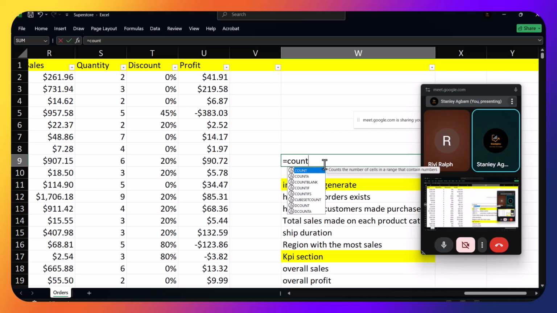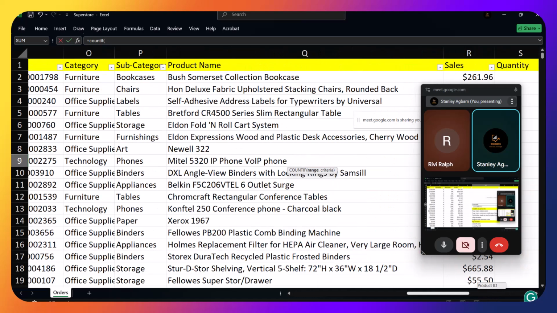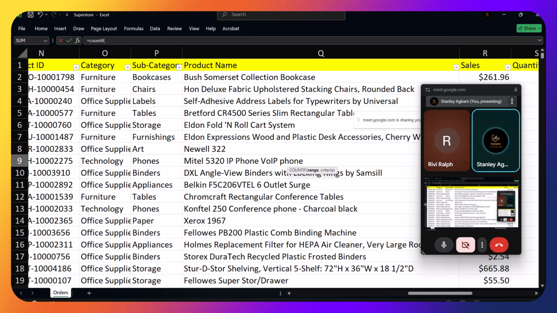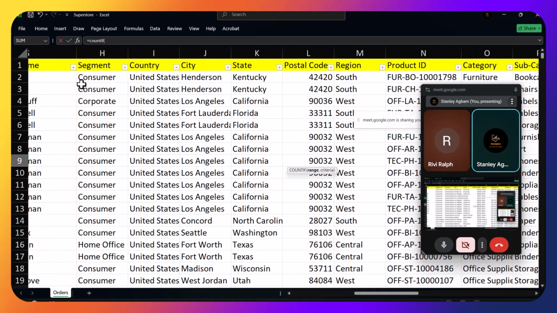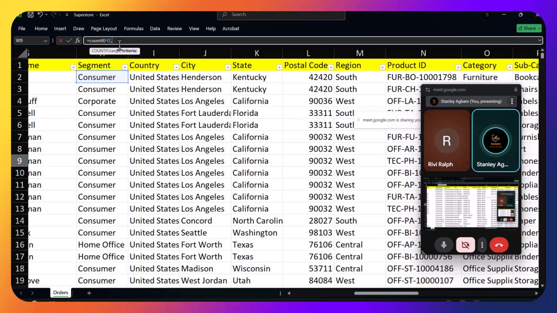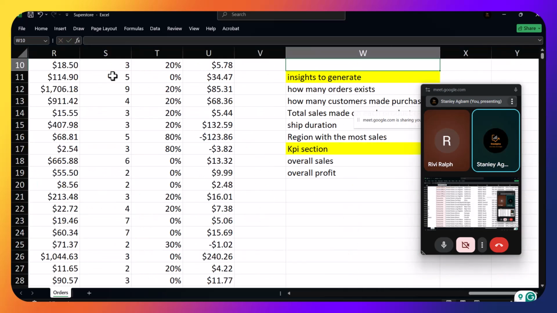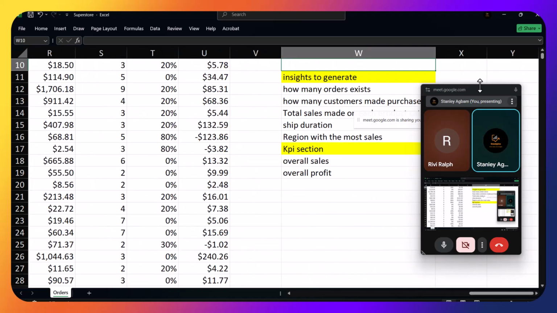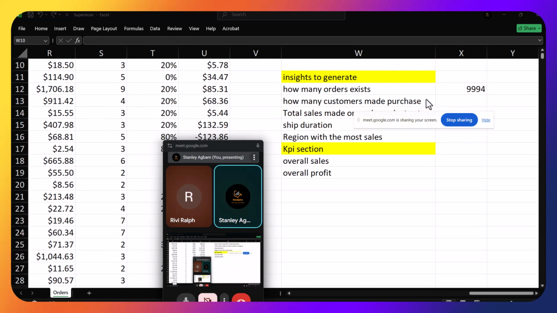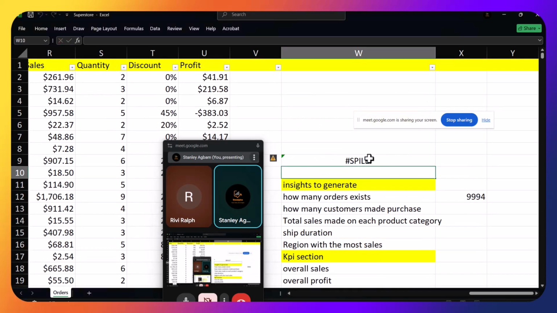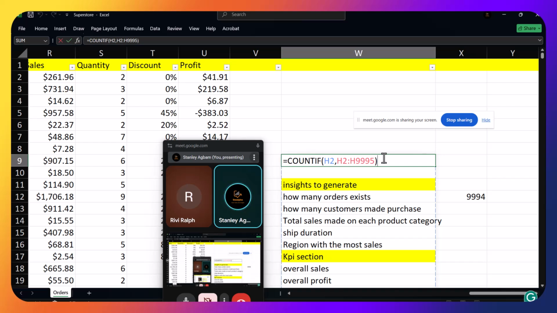Okay, so I found an error. Then this is the condition, then my criteria. Then click on consumer. Click enter. So we have 5,191